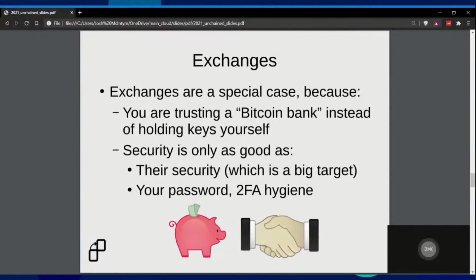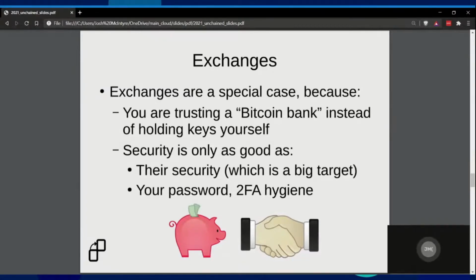Like use a Coinbase, use a Binance, use an exchange that hires some of the best security experts in the world and takes their security really, really seriously over a small startup. And I hate to say that because I think startups are great, right? But the security of the exchange itself is a really, really huge target.